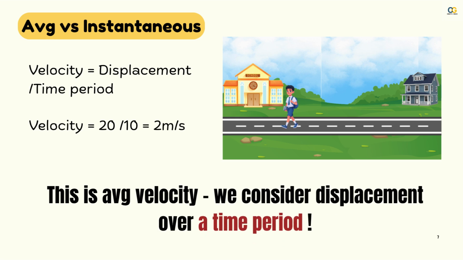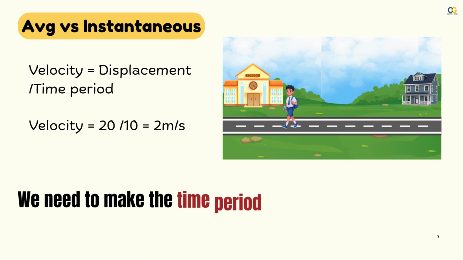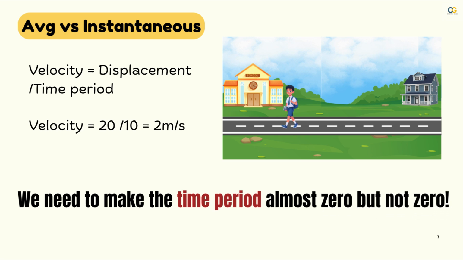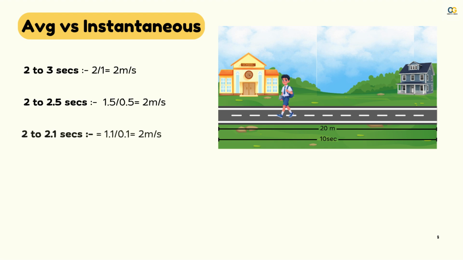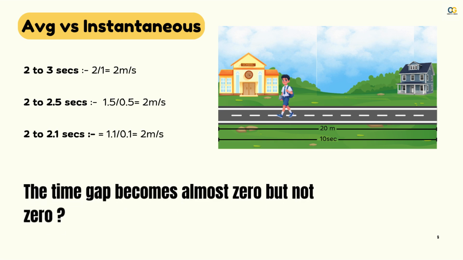If we want to calculate the velocity at an instant of time, we have to reduce this time period so small that it is almost 0 but not 0. So we reduce it to 2 to 3 seconds, then 2 to 2.5 seconds, and 2.1 seconds, and slowly reduce the time gap, which is almost 0 but not 0, which gives rise to limit t